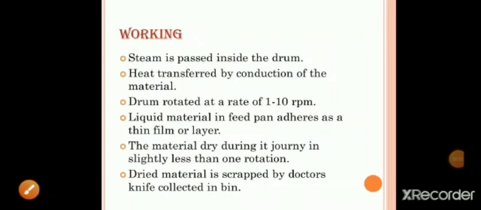Working of drum dryer. Steam is passed inside the drum for heat generation. Steam heating gives a uniform temperature distribution over the drum surface to provide consistent product quality. Steam condenses on the inside of the drum. The condensate is continuously removed from the drum so that the largest possible surface area remains available on the inside of the drum